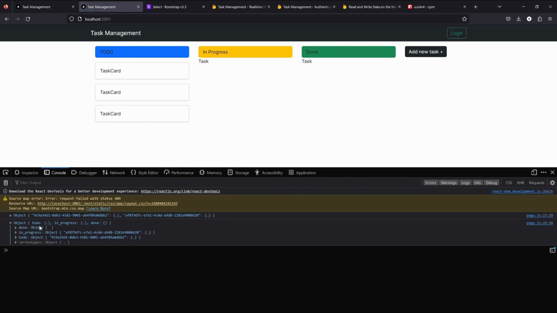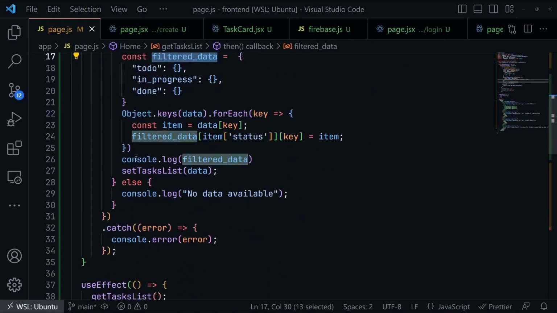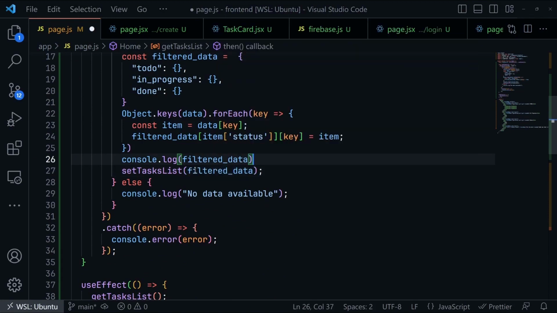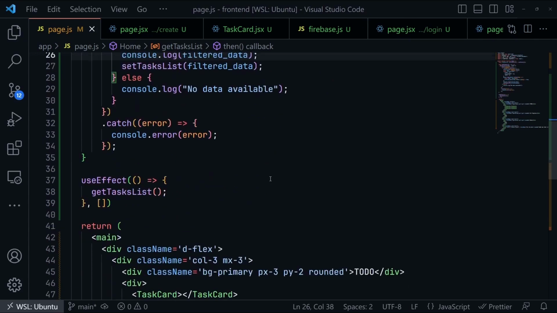So if you see, we have three categories in this object: done, in progress, to do. This function is running through each record, and it is categorizing the objects based on the status so that we can use this filtered data for rendering the content. So that is what we were doing here. So we have the filter data. So instead of storing data, now we will store the filter data, which can be used down. So I'll just do the console log as well. And now,